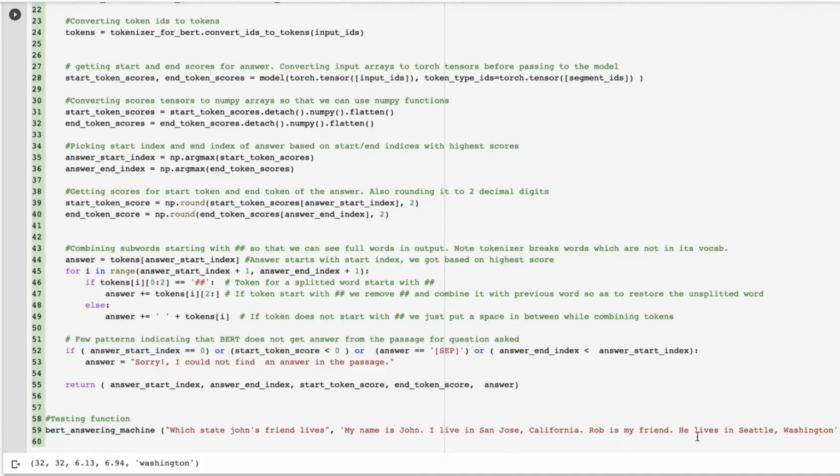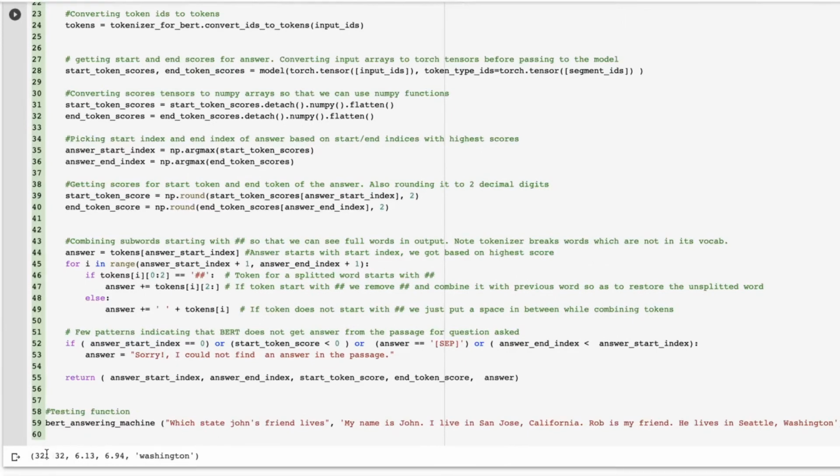Rob is my friend, he lives in Seattle, Washington. So basically we have two locations here, San Jose, California and Seattle, Washington. And BERT figures out that John's friend is Rob, and Rob lives in a state called Washington. So that's how we get the answer as Washington.